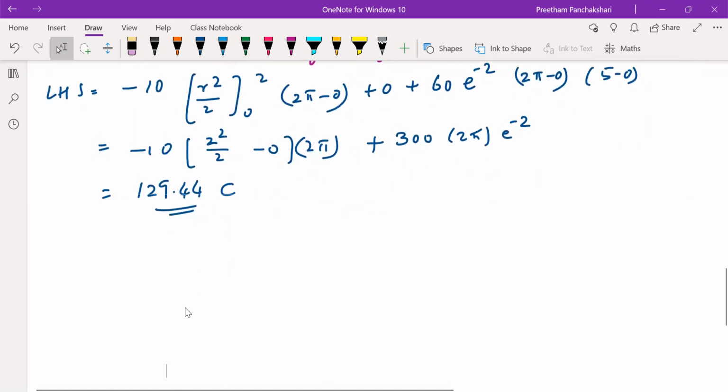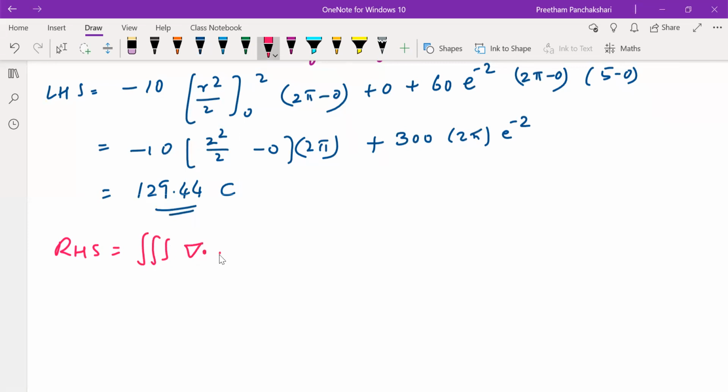Let us evaluate the RHS of the Gauss divergence theorem, which is containing the volume integral of divergence of vector A throughout the volume inside the cylinder. So let us start with the divergence of A first. Consider del dot A,